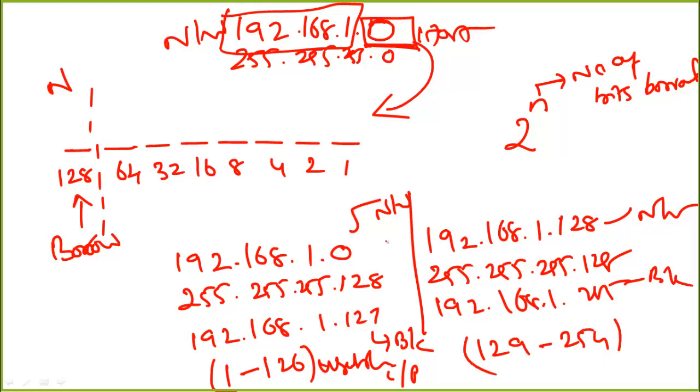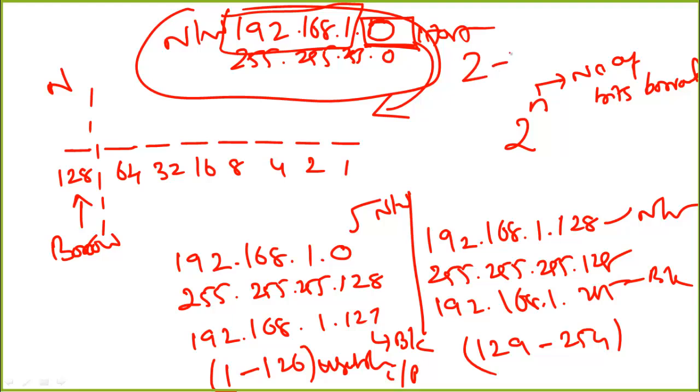So if you look at this, earlier when we had this home network, we had only two IP addresses wasted for network and broadcast. Now after subnetting, this network is split into two equal halves. So I have 126 IP addresses per network, but look at the wastage. The wastage is 4 IP addresses. 2 for this network and 2 for the other network.